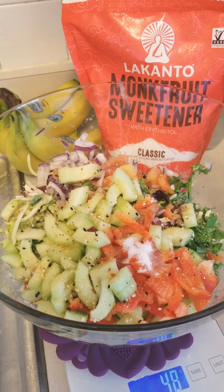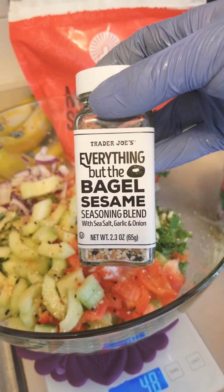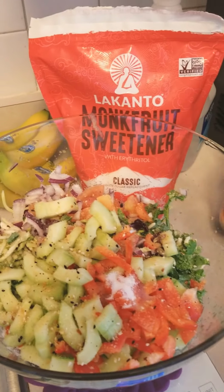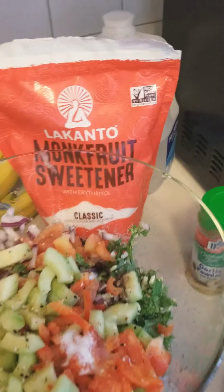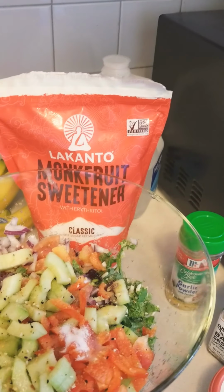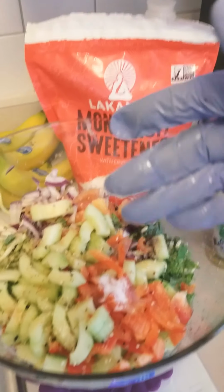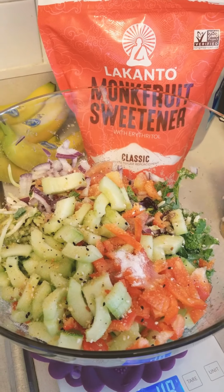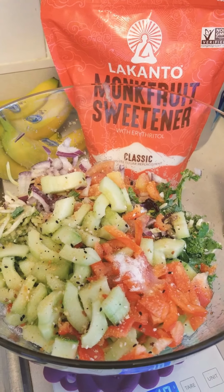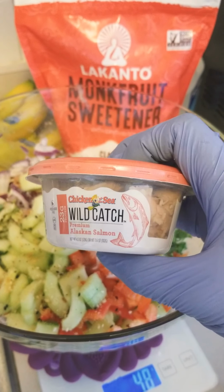Okay, you guys, so what I've added is a little bit of this everything but the bagel seasoning and some garlic powder. And I juiced a whole lemon. Here's the smashed up juiced lemon. I juiced a whole lemon over it, and I added a little bit of the monk fruit sweetener, 0 calories, to just balance out the lemon. And I'm going to get my little salad tosser and toss this, and I'll add lean protein, either salmon, which